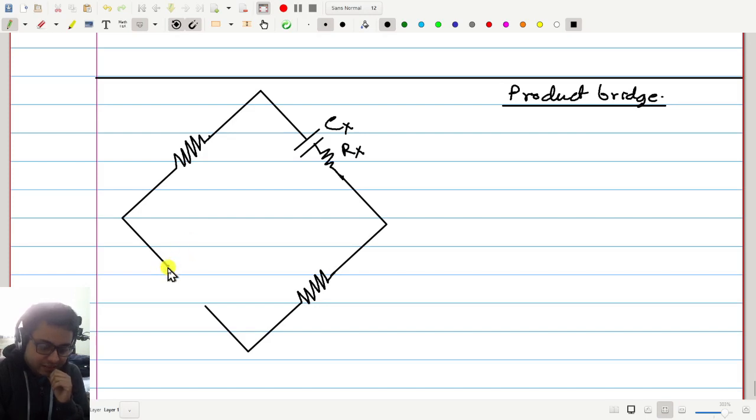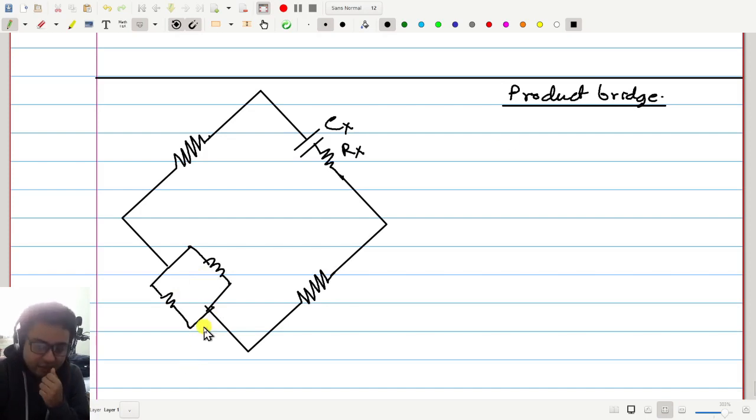Any suggestion? A coil, an inductor in parallel with a resistor. Good. So this must be something with leading power factor, and we will choose this to have the admittance form. That means in parallel.